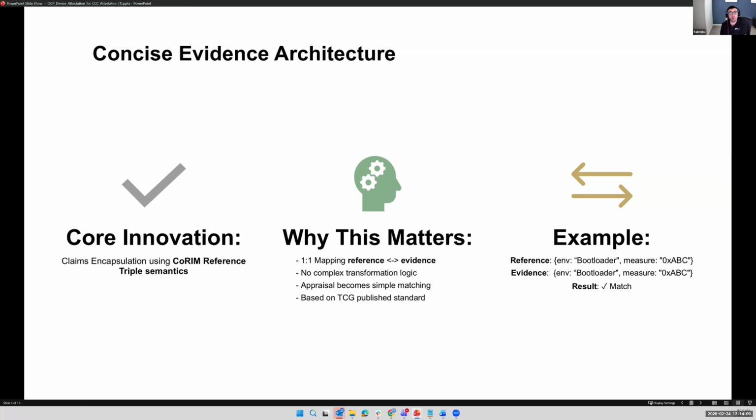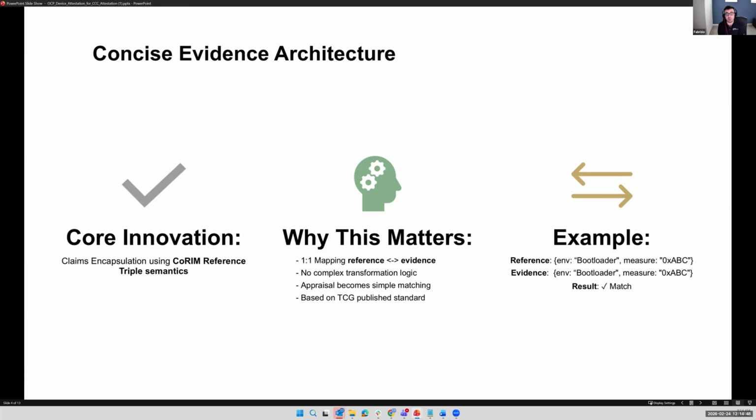The beauty, and I'm a fan of concise evidence myself, is that you have a one-to-one mapping between the claims in the commit portion of the CoRIM, in the reference triple, and the claims in the concise evidence, just because they are expressed in the same CDDL semantics. So you will see the transformation of the claim set of the CoRIM and of the concise evidence following the exact same equation, which